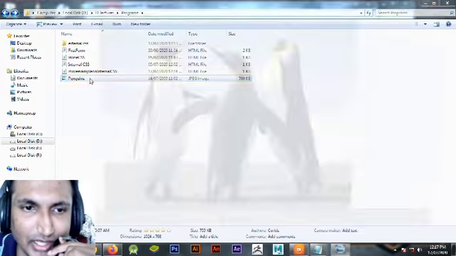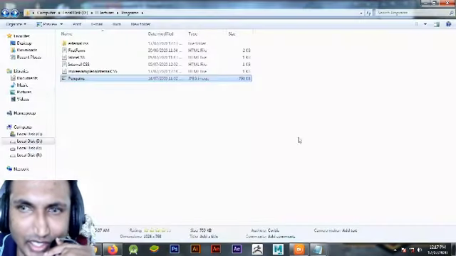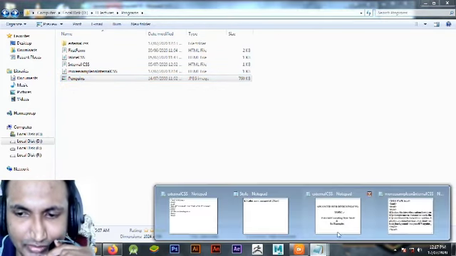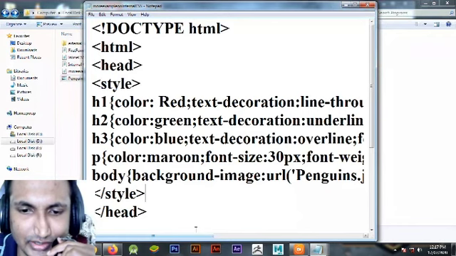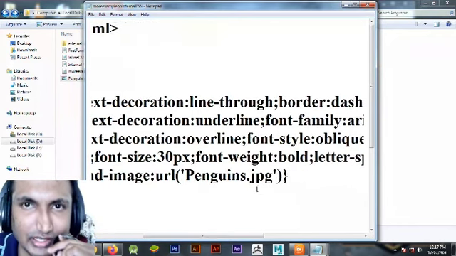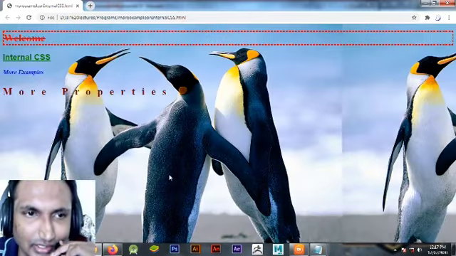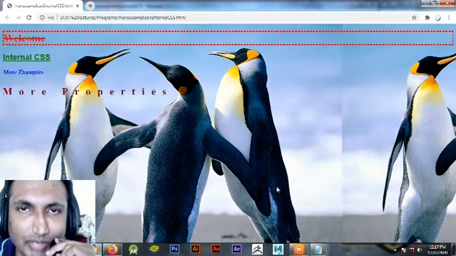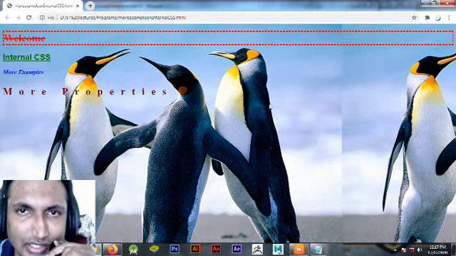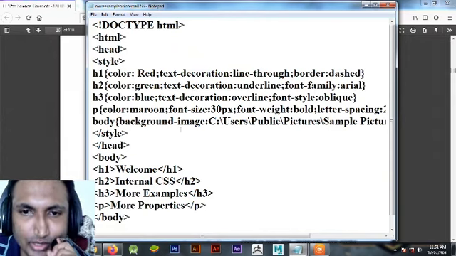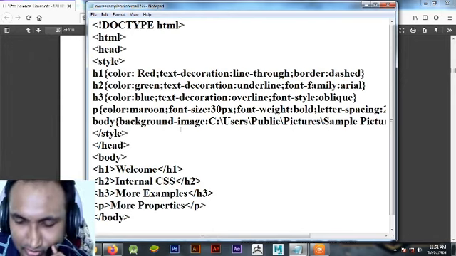So now I am taking this file in the same folder, and I am simply giving the name and its extension, so it will appear like this. So background image can appear in CSS. That's all about the more properties. I hope you understand and you like this video. Thank you so much.